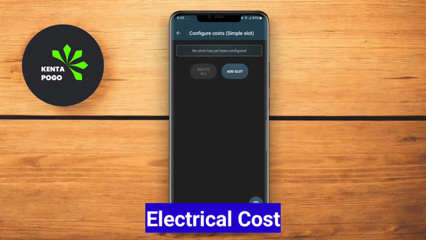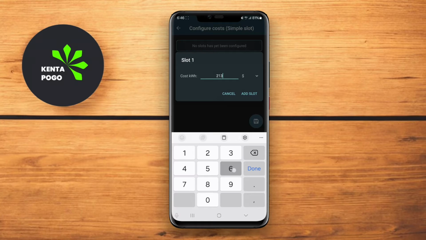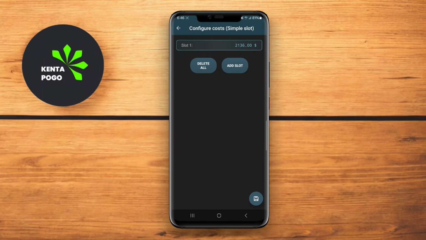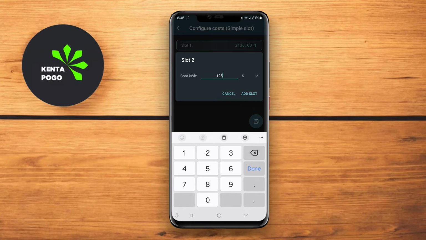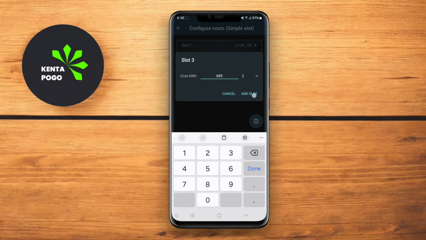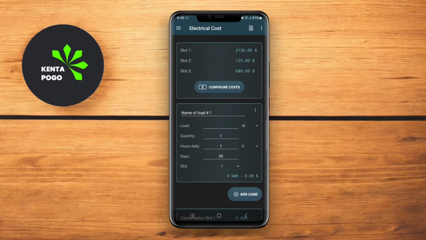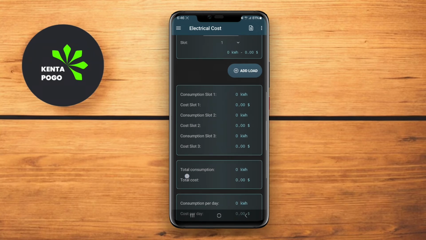Electrical Cost. Electrical Cost is a practical app focused on helping users estimate and manage electrical expenses. It allows users to calculate the cost of electricity usage based on appliance wattage, hours of operation, and energy rates. The app enables users to input specific data for various devices, providing detailed cost breakdowns and helping to identify energy-saving